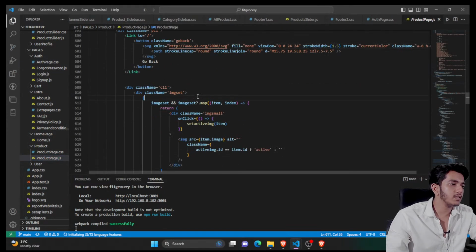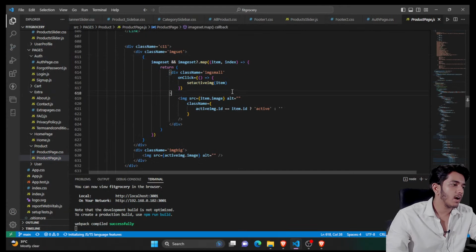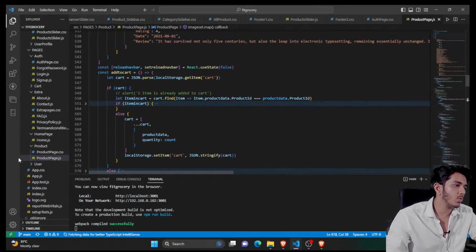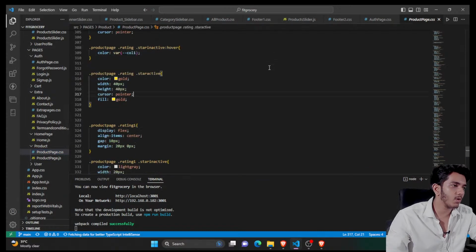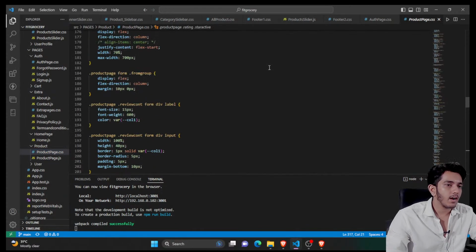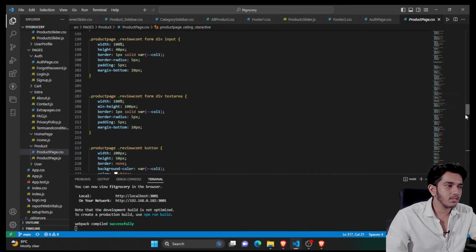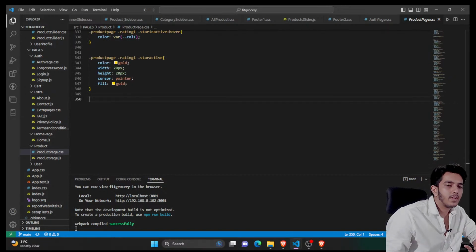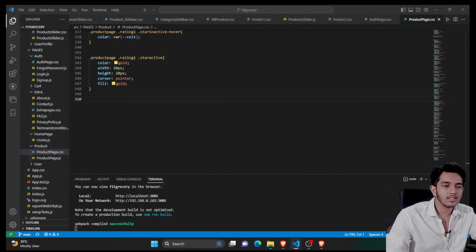All right, so you can see that we have the product page, and in this page, everything is fine. So we need to look into the CSS part. All right, so we'll work on the CSS part, and we'll see what's pending here. All right, so in the CSS part, I'll be assuming that we can start from a specific size, that is